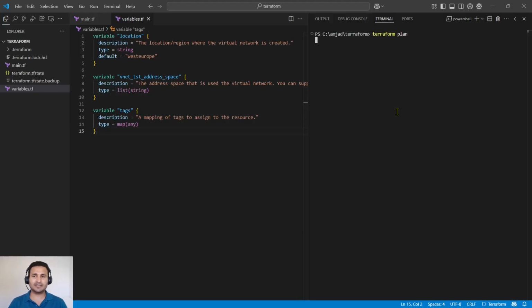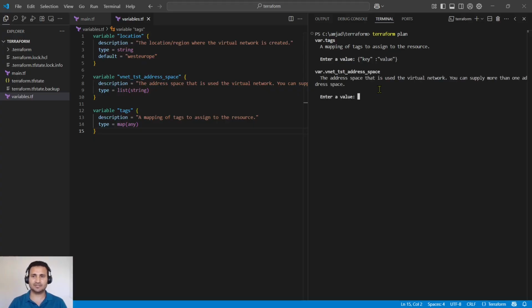So when I'm going to run the Terraform plan, it is asking the tag, right? So I'll just put something as key, and I know map is a key value pair. So this is what I'm going to provide. It is asking me the vnet address, so I can put the 192.168/24, right? Now, if I hit enter,